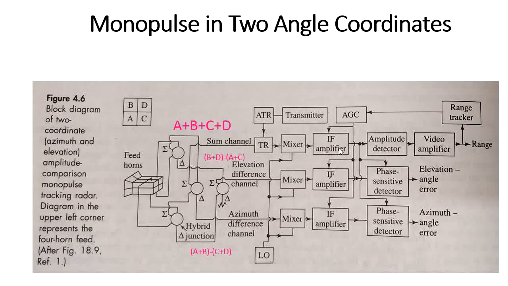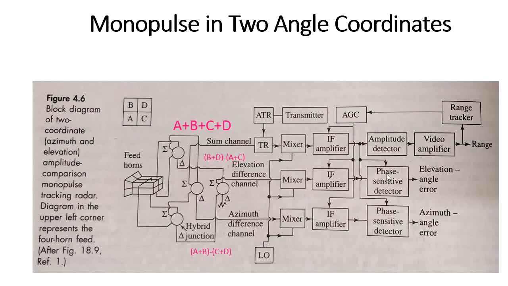And after that, we are going to amplify the signal of the sum of the range signal. And as we have seen, the amplitude detector is nothing but in order to detect the amplitude of the envelope signal, to measure the distance between the moving target and the radar here. So after that, in order to display on the screen, we are going to use a video amplifier. After that, this will give the range value here.